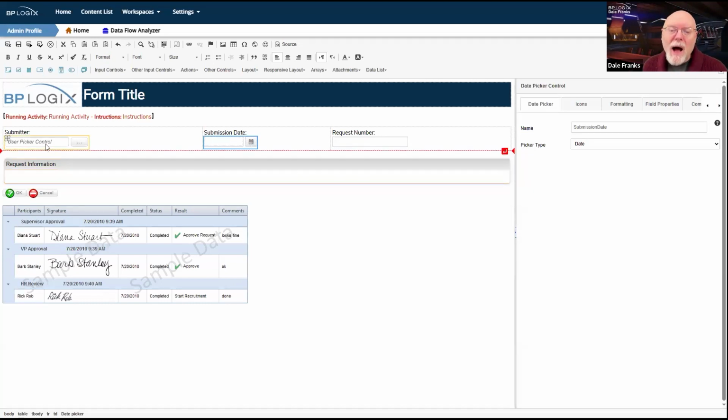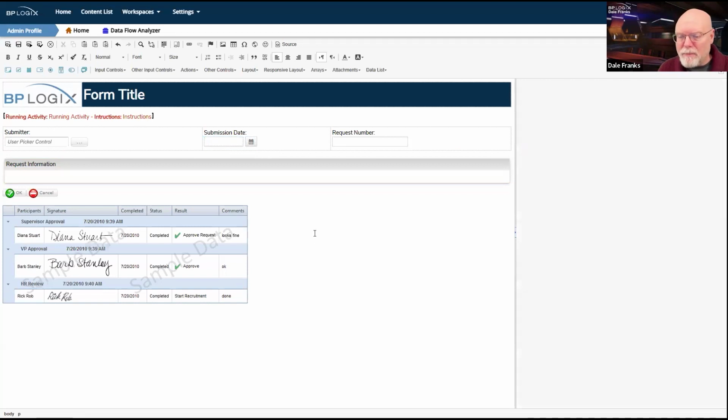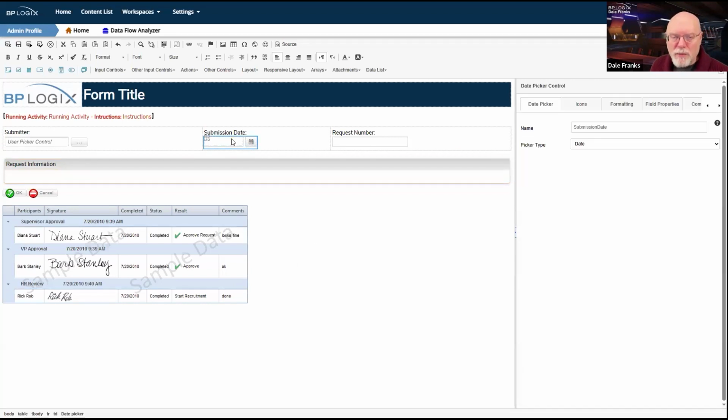Otherwise, I have to go into the choose system dialog box and go to form, and then form submit user and form submit date, which is a perfectly valid way of doing it. But I am, as I've said many times, lazy. So I would just prefer to pick a form field. So having these two in the form field is important.